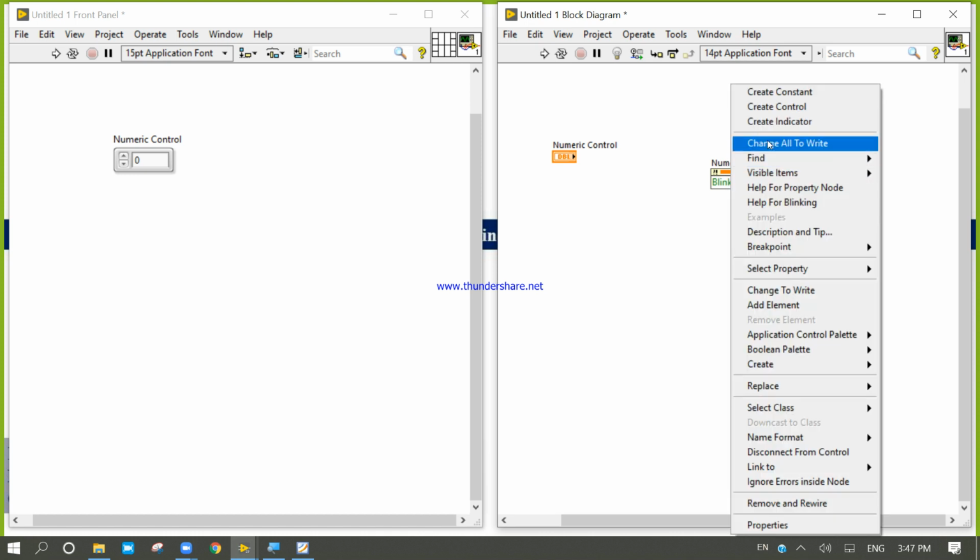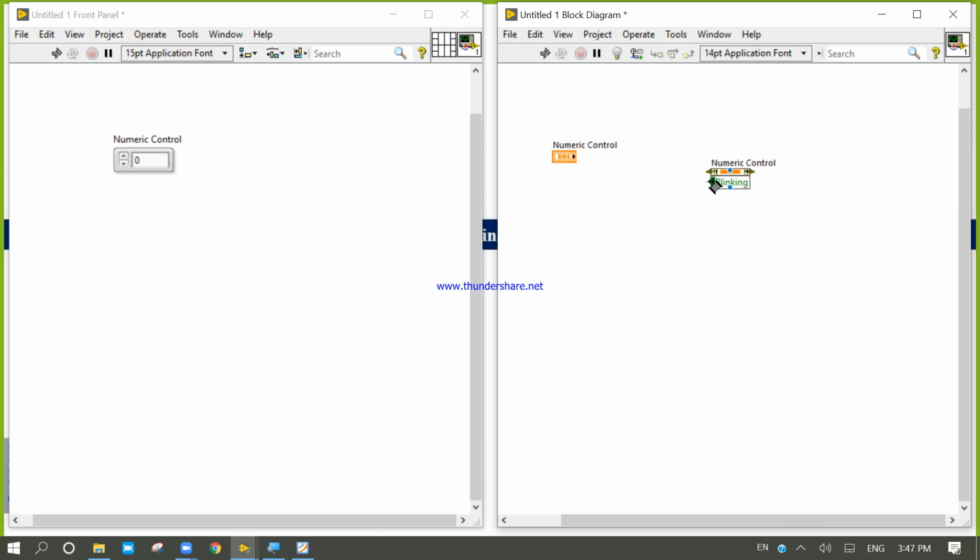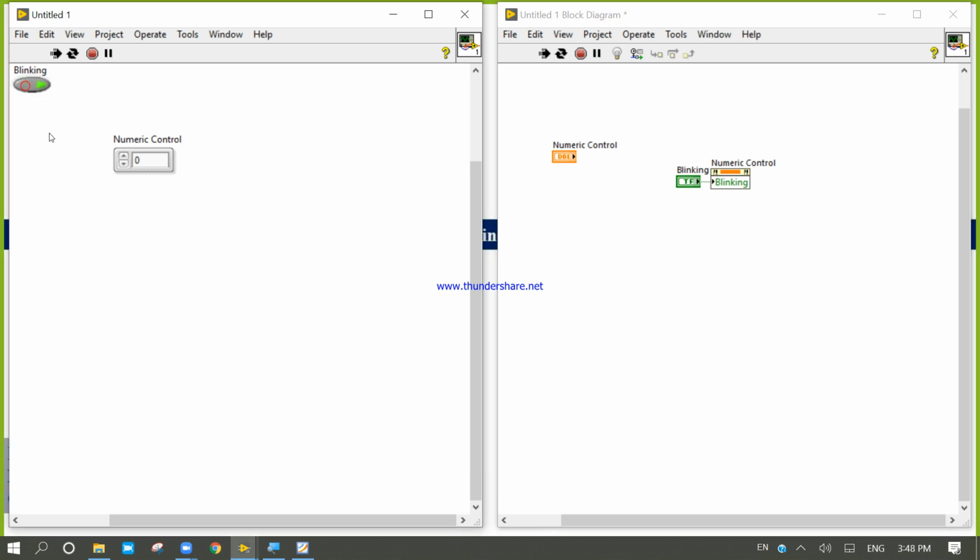Right click here, so now change all to right. Right click, create constant, control, run. If you run and you place it, it will blink, either it will not.